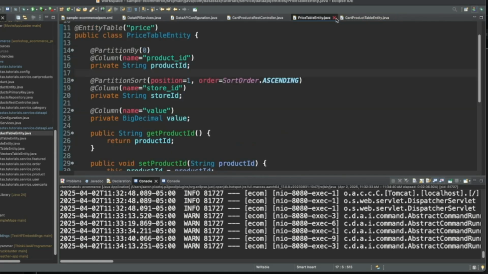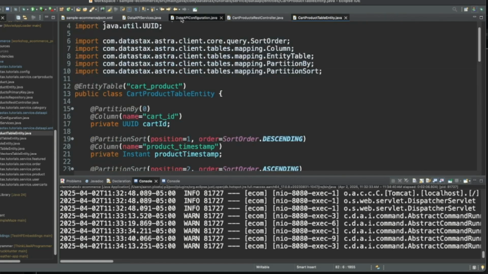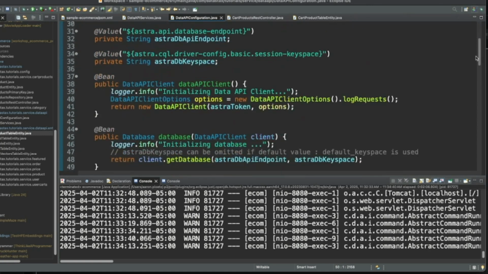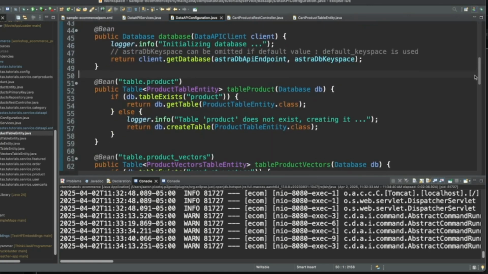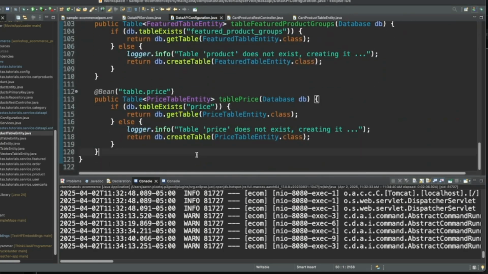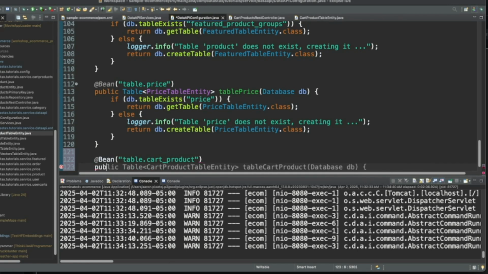Next, we can get rid of this price table entity. Let's have a look at our data API configuration here. Yep, so we have our public beans. Okay. So let's do bean, and we're going to say table cart product, and then we'll say public table cart product entity, table cart product database DB.